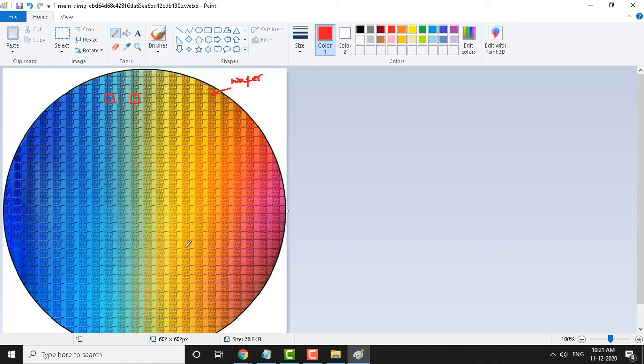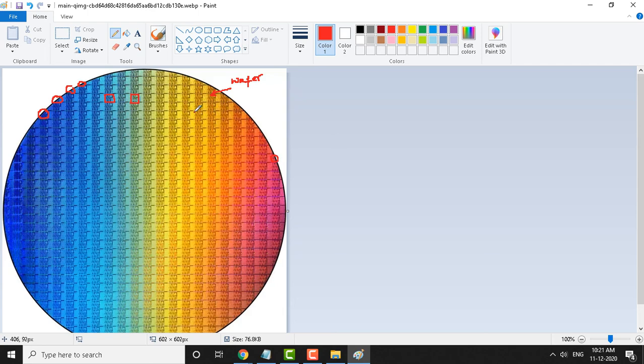Okay, the diameter of this wafer depends. Though we have shown it here with a bigger size, usually the diameter of a wafer will be 8 inch or 12 inch, it depends. Okay, the more the diameter, the more ICs can be fabricated. And the yield within this wafer also depends, because at the outer circumference area, we may lose ICs. You can see here, the IC yield decreases because of this, so at the periphery we may lose ICs.